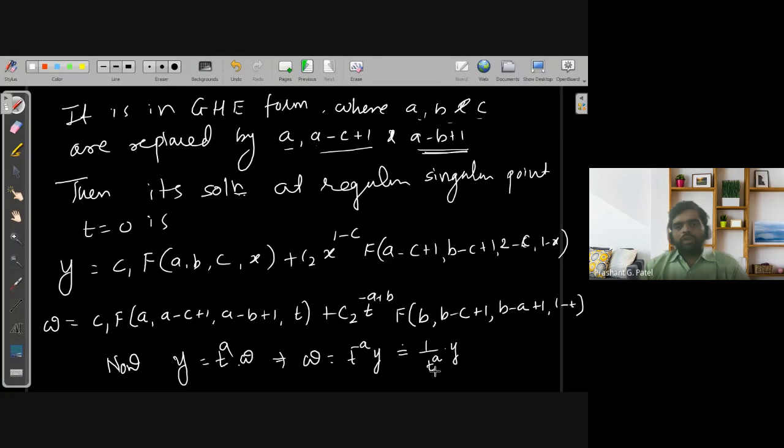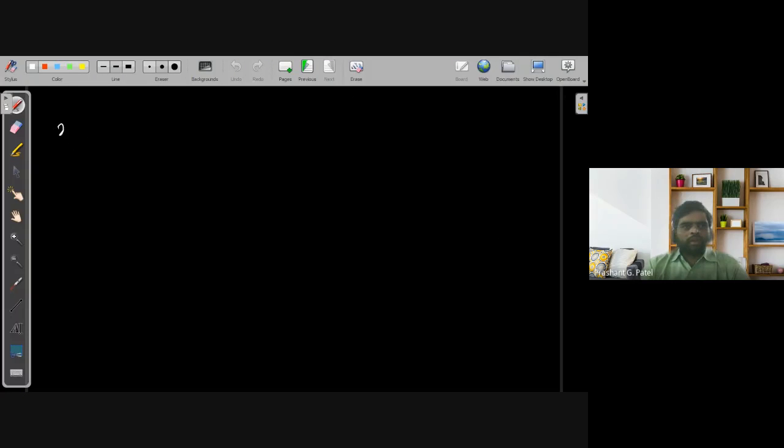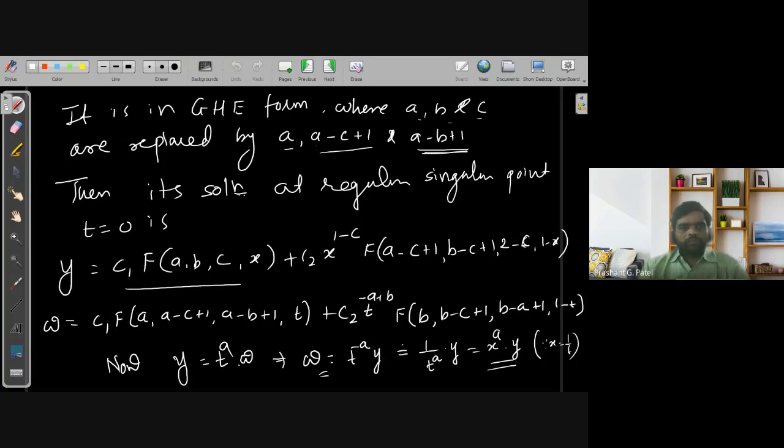And what is 1 upon t power a? It is actually x power a into y, because we have assumed that x is equal to 1 upon t. So finally, by replacing this x power a into y into this equation, the solution is x power a y equal to, that is this,